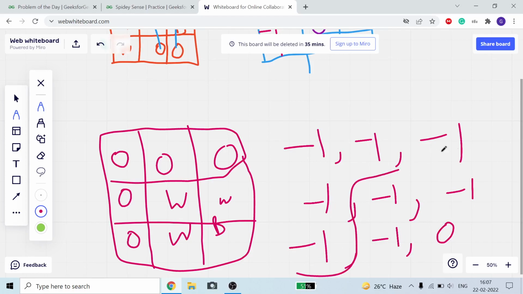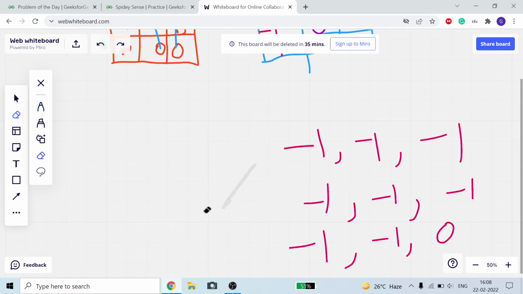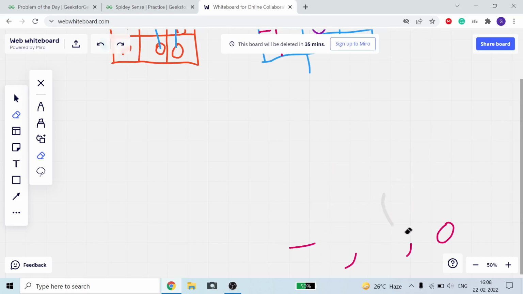Now why are these -1? Because we will never be able to find a path between an O and a B in which a wall is not coming. In each and every path, a wall comes between O and B. That's why we cannot find a path between O and B. So I just make it equal to -1. Okay, so this is simple logic. I just wanted to tell you to make it clear. Okay, now we have all the fundamentals clear. We just need to code it out.